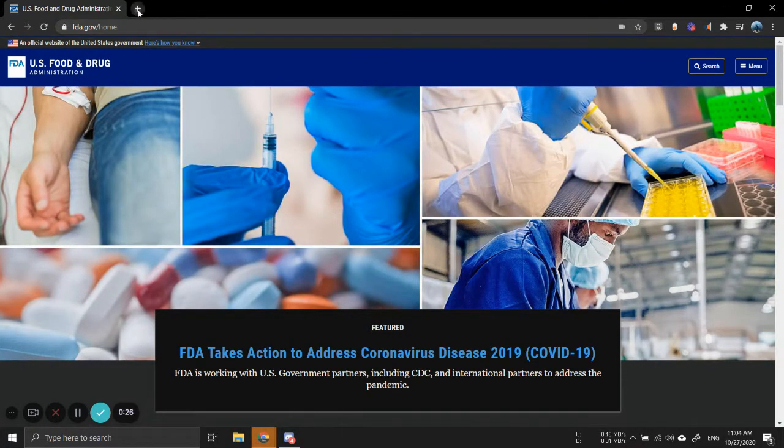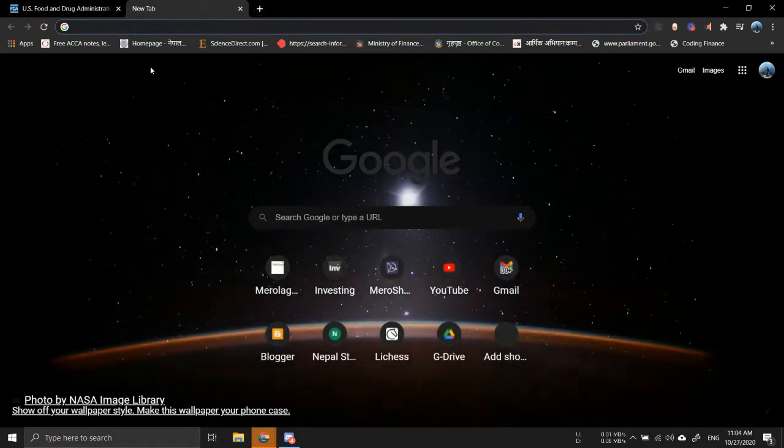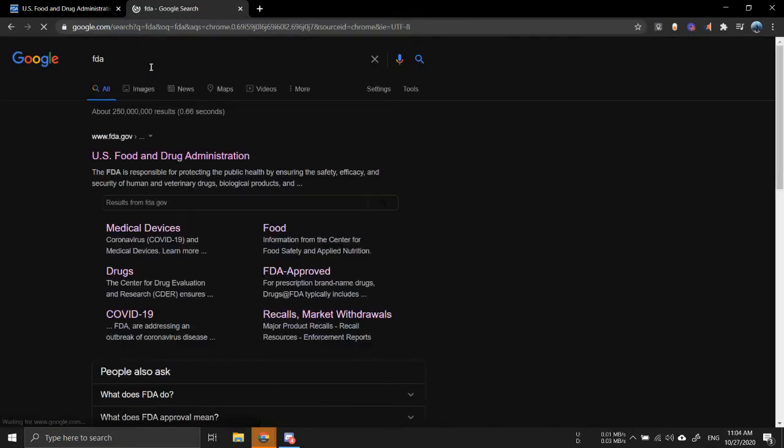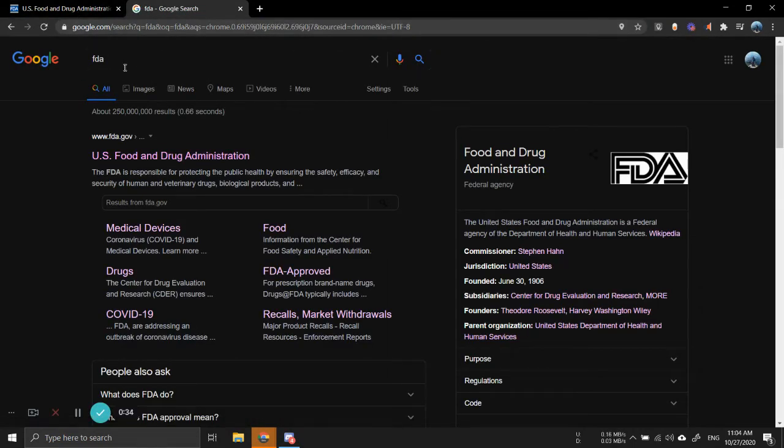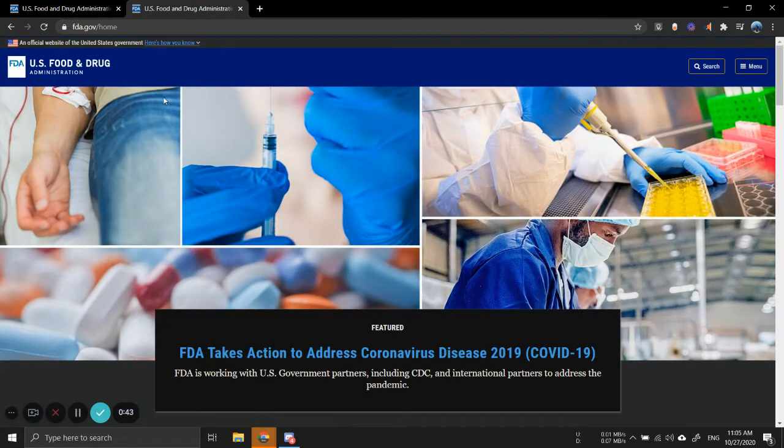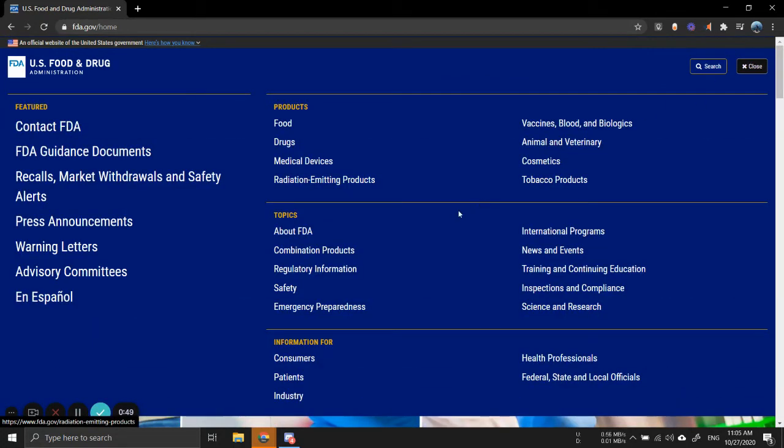All you need to do is basically just Google it. I'll show it to you. Just Google FDA, right? And then see the first website that pops up. You can click on that, and you'll be redirected to this website. And then all you need to do is click on menu, go to